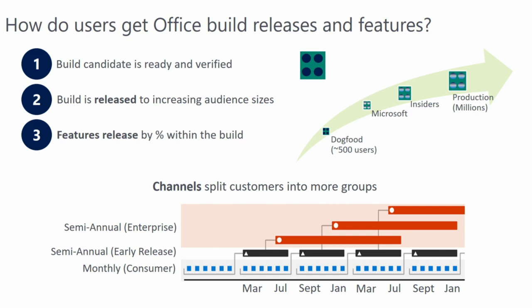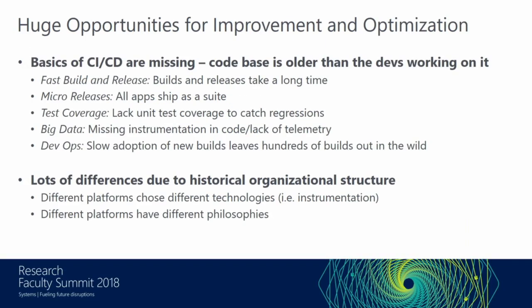I won't talk about it here too much, but giving the visibility to the enterprises of how well the build is doing within the organization is something we've been doing with Microsoft 365, it's called. If you look it up on the web, it's an interesting twist on continuous deployment. All right, so